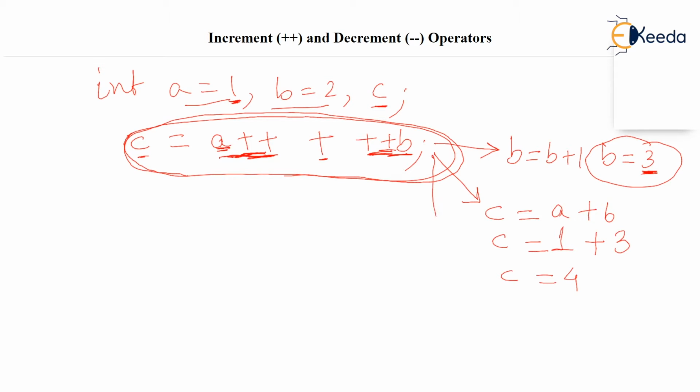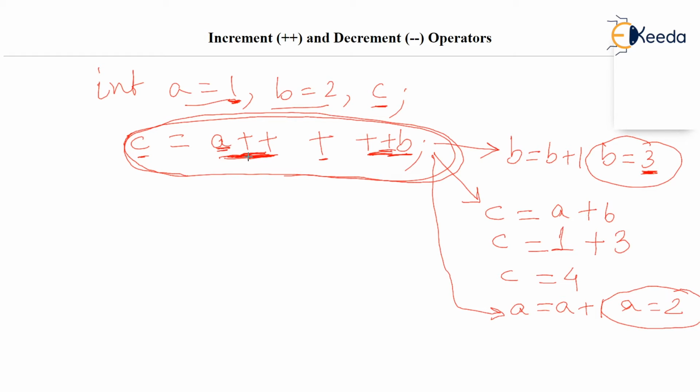The thing pending is, what about this plus? We have not applied this, but this should be applied after the expression. This is postfix. So now finally, A becomes A plus 1. And the older value of A is 1. So now this means A will become 2. So the values are A is 2, B is 3, and C is 4.